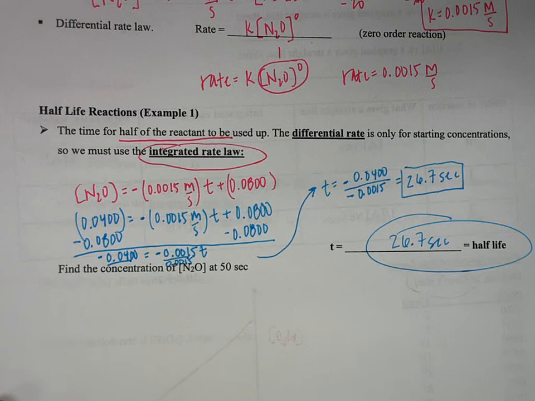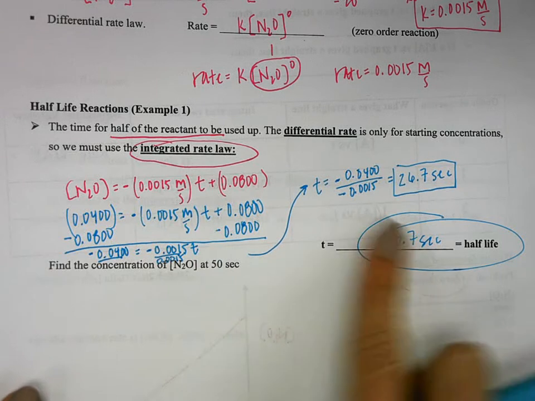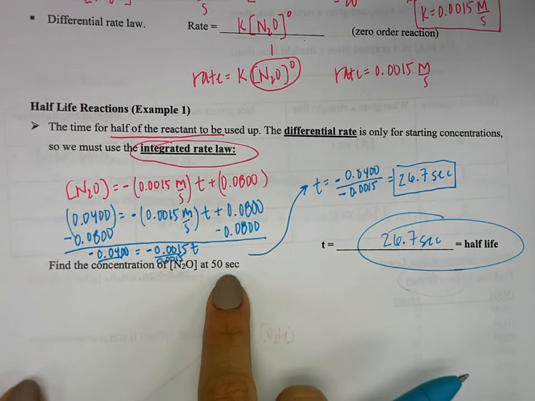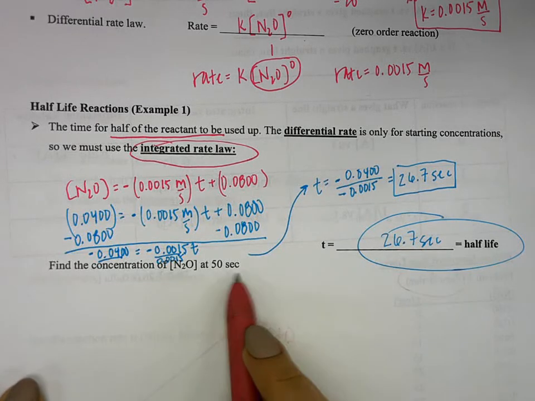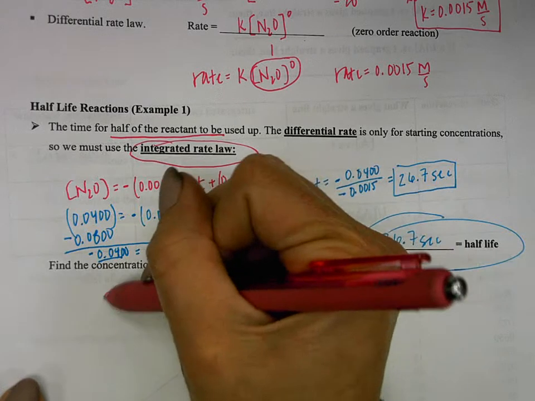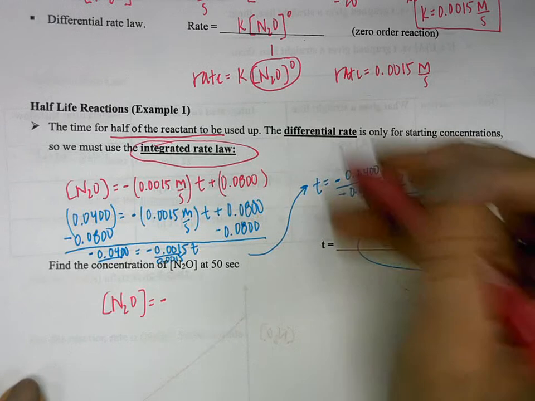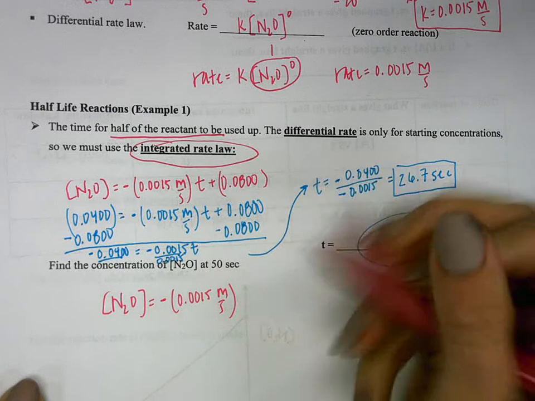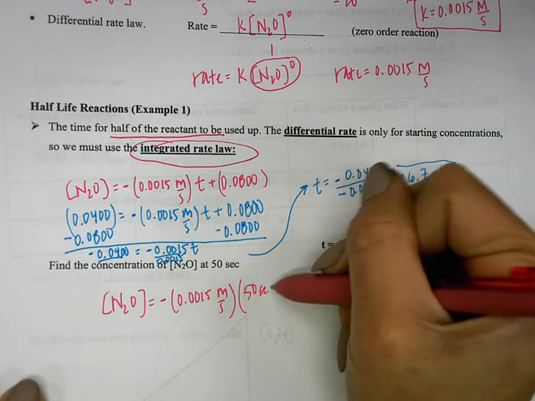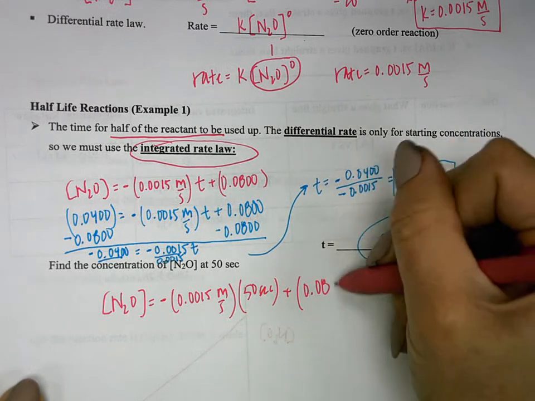Okay, and once you know your integrated rate law with your k value, we can ask a ton of different questions. We can ask about half-life, or we can find certain concentrations after a particular amount of time. So this one is asking us to find the concentration of N2O at 50 seconds. We're going to use our integrated rate law, which equals negative k, and our k is 0.0015 molarity per second, times our time, which is 50 seconds, plus that initial concentration, which won't change for our integrated rate laws,